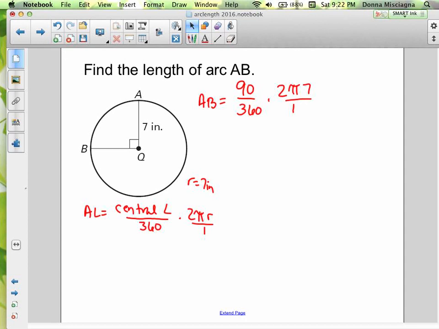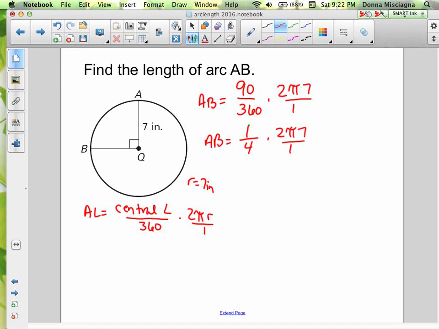And if we remember that if we have a 90-degree angle, it is 1/4 of the circumference. So AB, we could just reduce the 90 and the 360 to 1/4 times 2 times pi times 7. Now we still could do a little reducing because we could reduce the 4 and the 2. Numerator to denominator. 2 divided by 2 is 1, 4 divided by 2 is 2. And that's all we can do because now we see the measure of the length of arc AB is going to be 1 times pi times 7, that's just 7 pi, all over 2